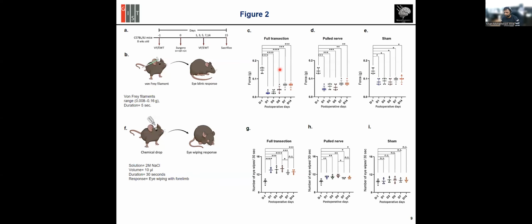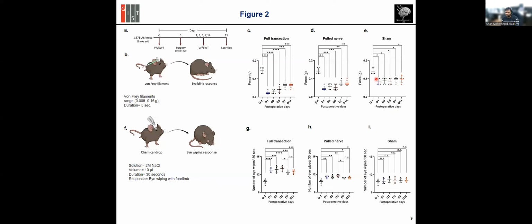So I prepared this data after doing this protocol, and I found there are significant changes in the full transection, and they're less significant compared to the full transection, while the sham also shows some significant value between the days. When I did some literature survey, I found that compared to the chemical test, where you can see we cannot find any significant changes in the chemical sham model,